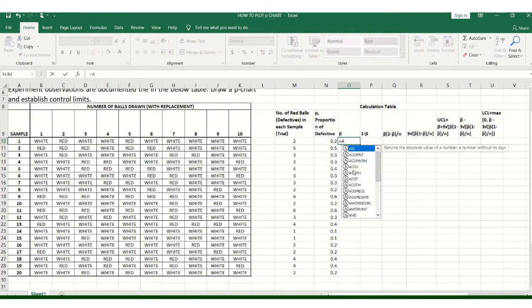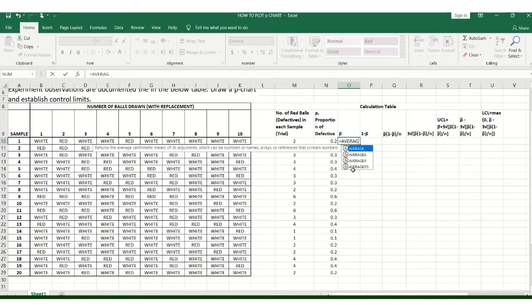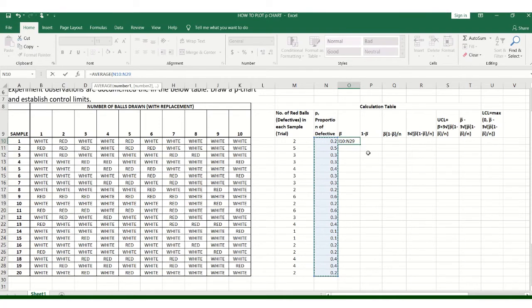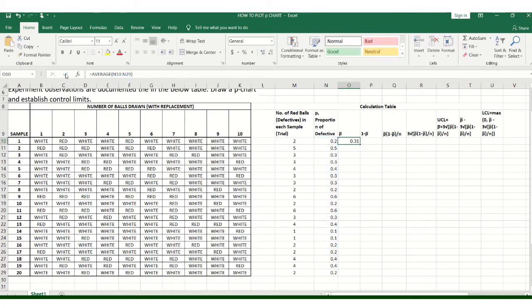So how to take the average? I write the command, then we have to select these values, and there I have a tick mark. So this is the fraction, 0.31. This will be the same for each sample.